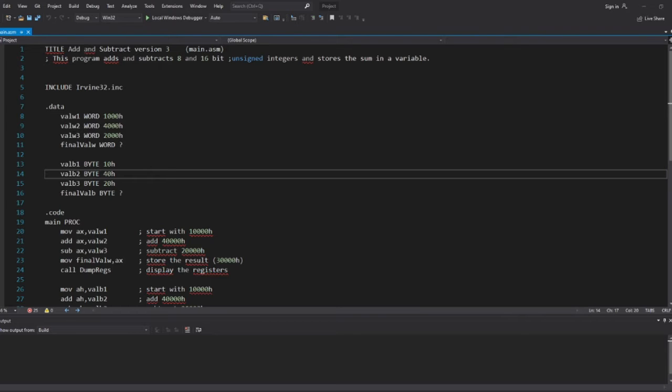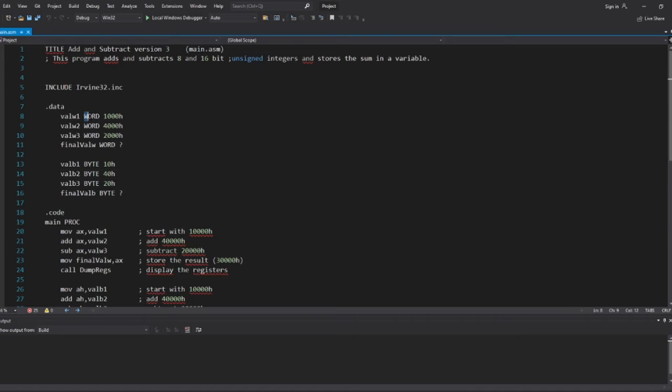For part 3, I'm going to explain the add and subtract for 8 and 16 bit unsigned integer and store the sum in a variable. Okay, this is the data. This is the declaration for value W1, W2 and W3.